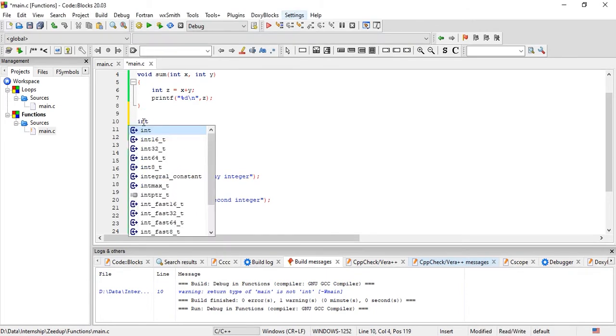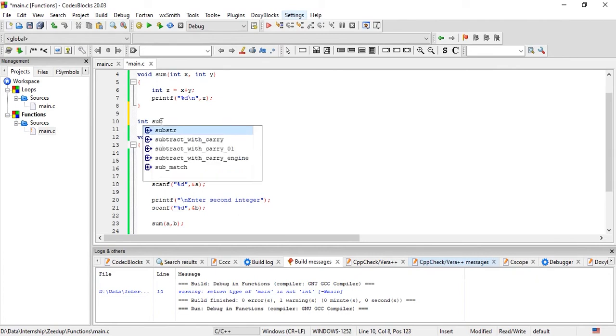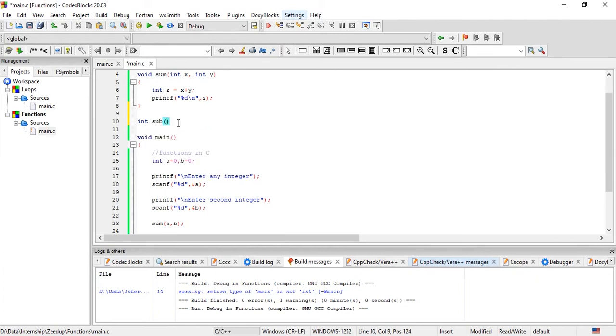It is going to be of integer type because we are going to accept two integer arguments, and whatever their difference is, it will also be an integer. So we are going to specify its return type as integer, then write the name of the function, which is sub, a short form for subtraction. Then you can accept two arguments, which could be anything, say int x and int y.